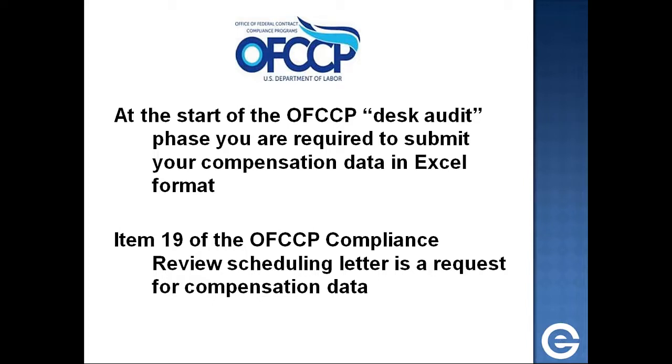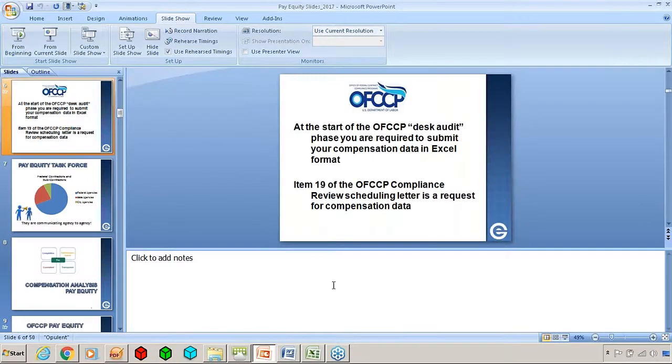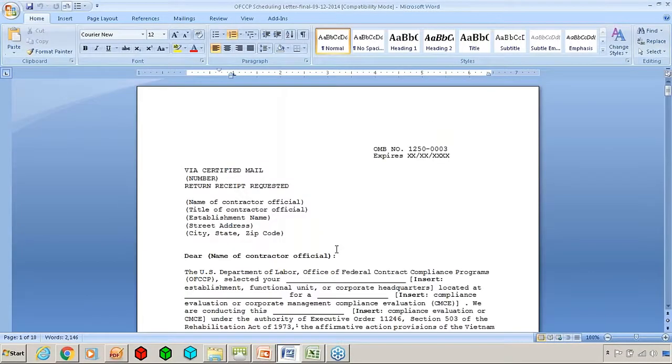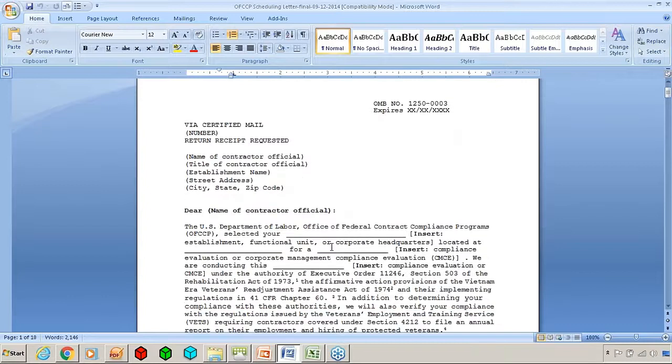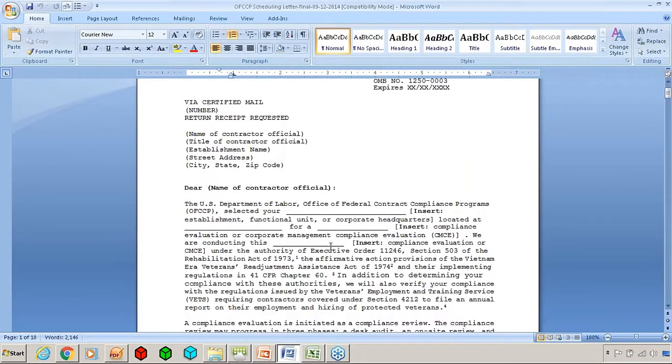In item 19 of the OFCCP Compliance Review Scheduling Letter, there's a list of 19 items that you have to submit. This is item 19 on that letter, and I'll show you a copy of what that letter looks like. This is the typical scheduling letter. If you were to receive one of these, it will have the name of the company and an address.